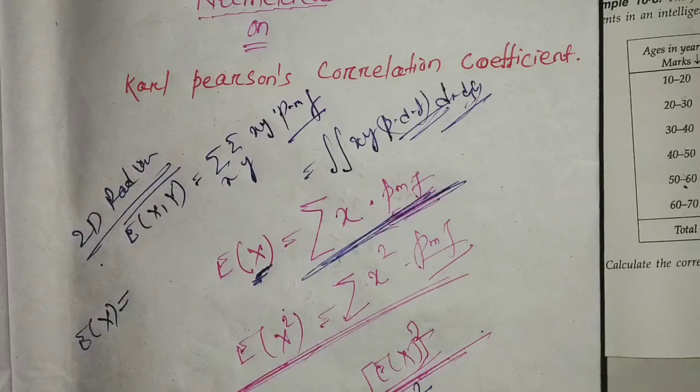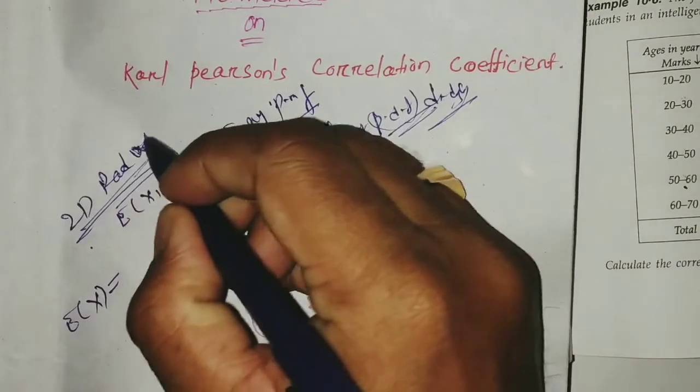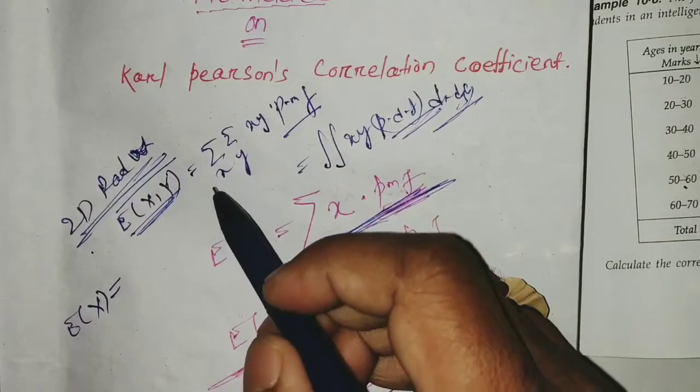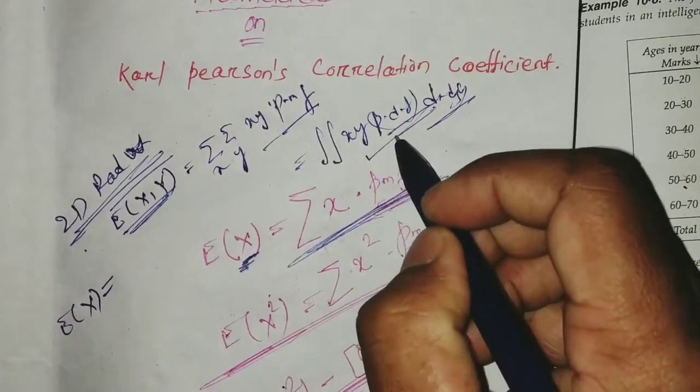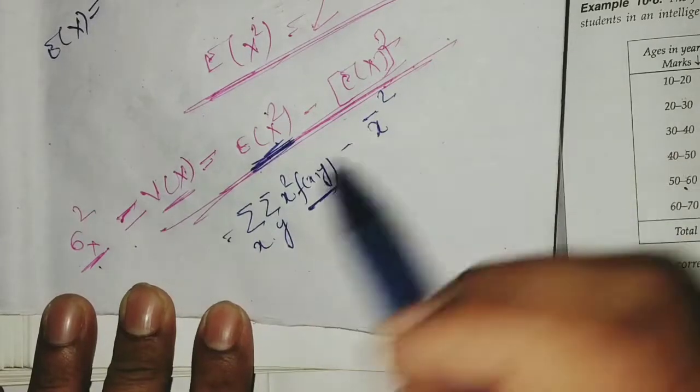Okay, so in case of 2D random variable, expectation of xy for discrete will be this much and for continuous will be this much. So obviously, if we consider variance of x in case of joint random variables,